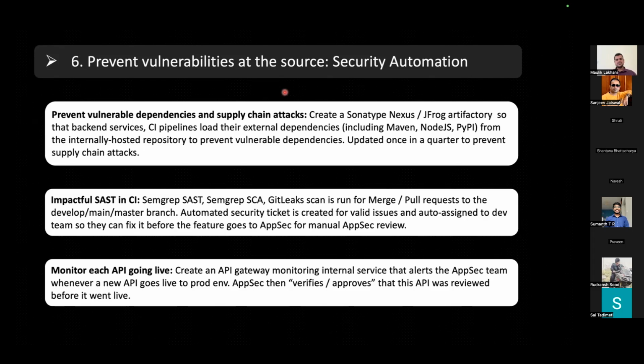You can also start creating golden images and publishing them via the Artifactory. So your organization starts using those golden images and those dependencies from that internal repo rather than loading them from a publicly available source.